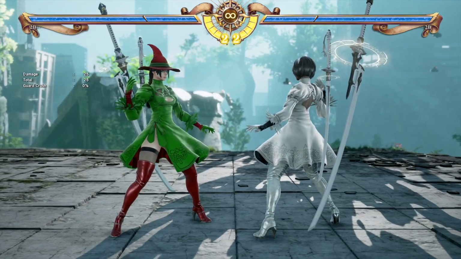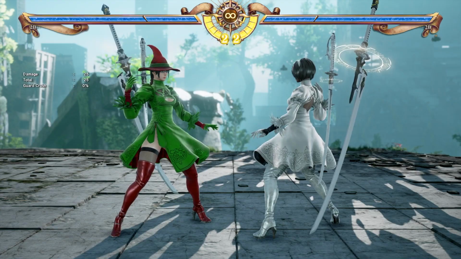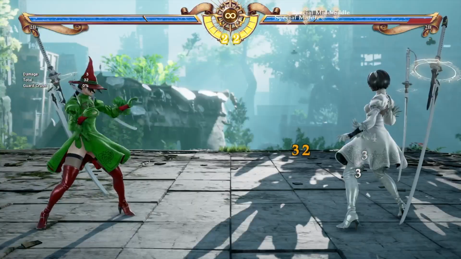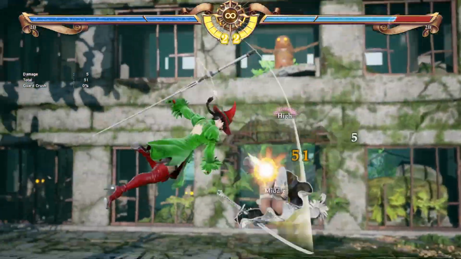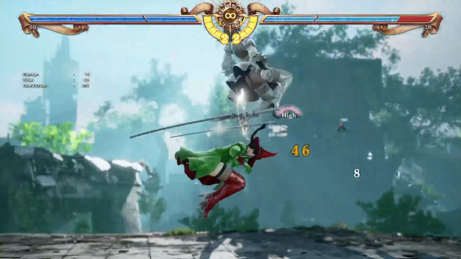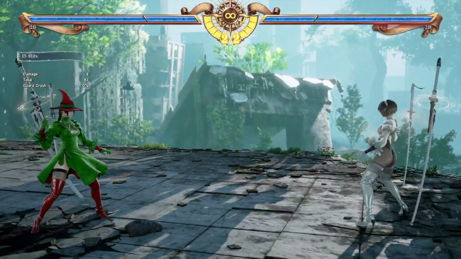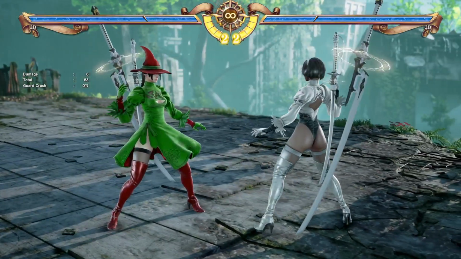If the opponent does something that's really negative, then you can hit them with a fully charged 3B, which right there you can get different combos off of. For this unit, right there you can get over 80 damage from a combo off of that, which